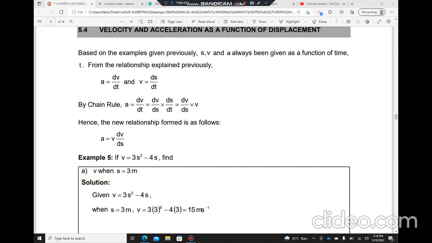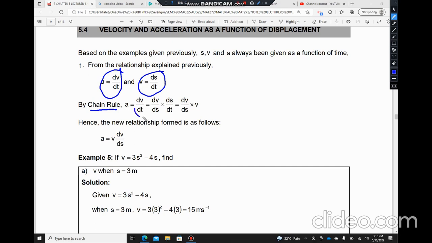Okay, so kita dah tengok dah dua formula ni. Okay, in previous section, which is this one, A equals to dv dt and V equals to ds dt. And then by chain rule, yang ni pun awak dah pernah jumpa dalam calculus 1, A equals to dv dt or equals to dv ds multiplied by ds dt, or equals to dv ds multiplied by V, because this one